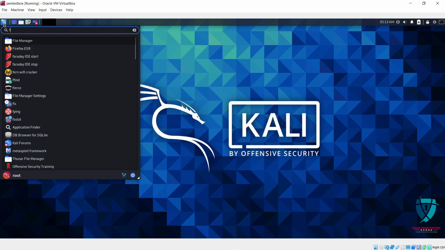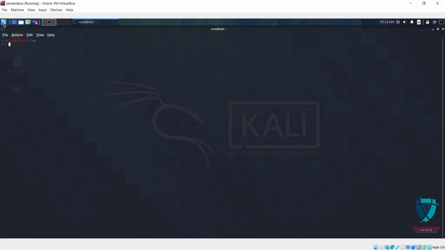Right now I'm going to open the terminal. We are exploiting Kioptrix 4. I already did an nmap scan. I have installed this machine on my local system in VMware, so we have to find the IP address of that VM.